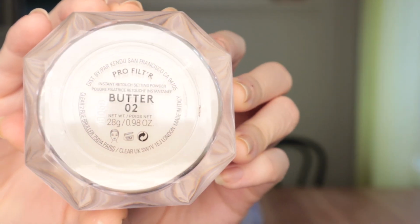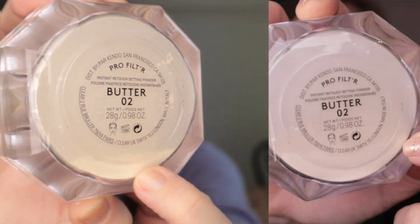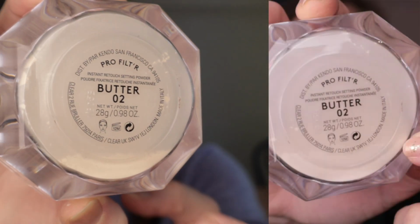after foundation and concealer, I'm gonna do powder, because I want to try to do it in a similar order as my plan to pan video. My Fenty Beauty Pro Filter powder in shade Butter. In my last video, I said I'm gonna show progress pictures, at least try. It's really hard to see, but there's just the tiniest bit left in here, and that is because I put